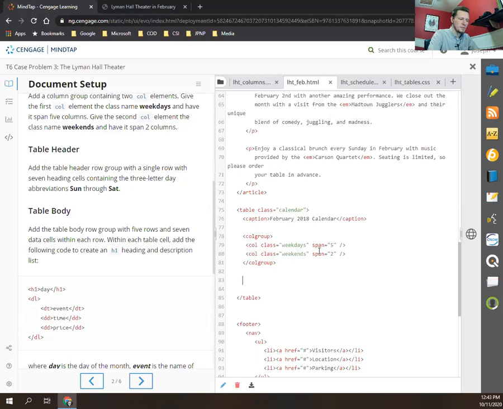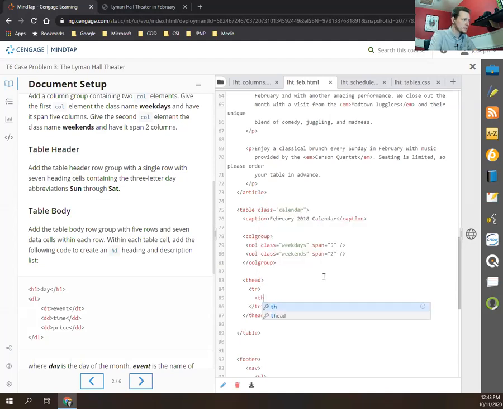Table header row group is, of course, going to be the thead. Thead is the table header row group. We'll do a tfoot later on, I think, and a tbody. I guess this table doesn't have a tfoot, just a head and a body. In the header row group, a single row with 7 heading cells containing the 3-letter day abbreviation, Sunday through Saturday. So we'll have a single row, and inside this single row we'll have 7 th elements,